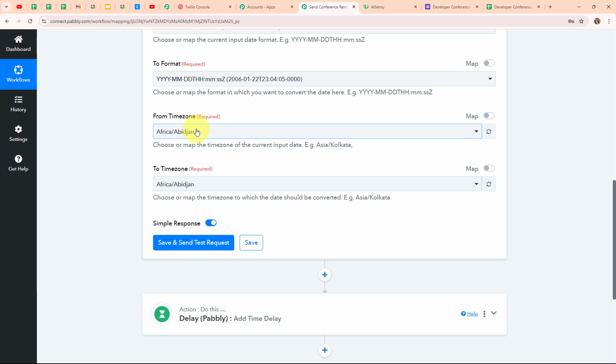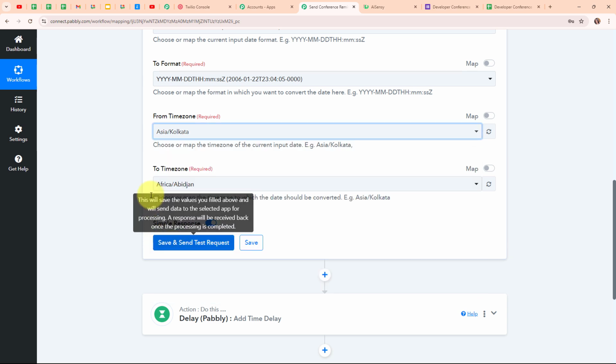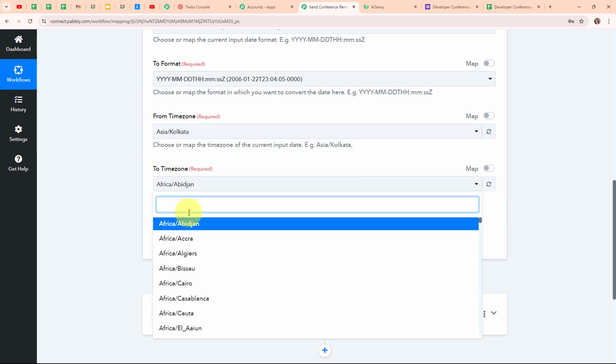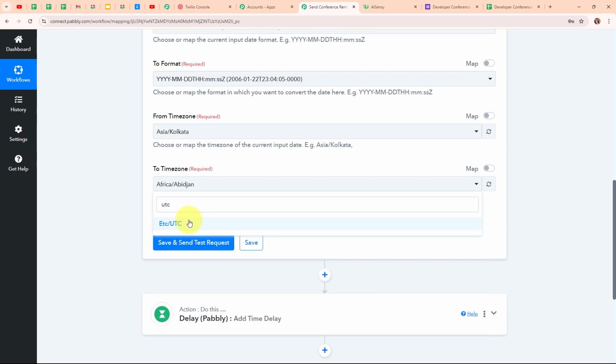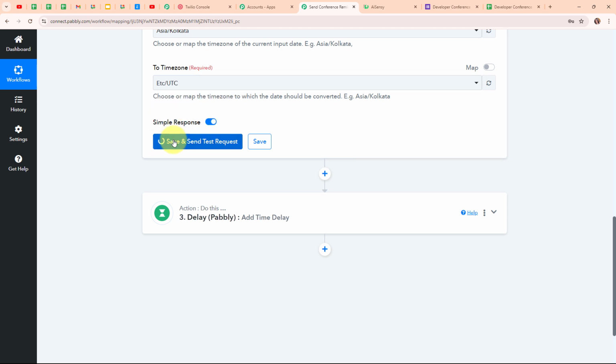So here for the from time zone, I'm going to select my time zone in which I've entered the date, that is Asia, Kolkata. So I'm going to select it. So this is the from time zone, and then here it is asking me to select the to time zone. So here for the to time zone, I'm going to select the time zone as UTC. And now here, after entering all the required details, I'm going to click on the save and send test request